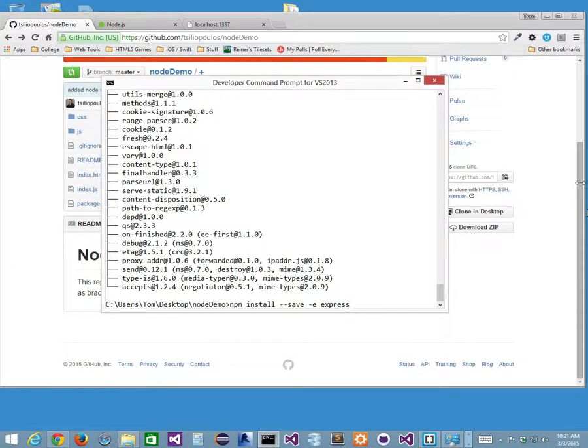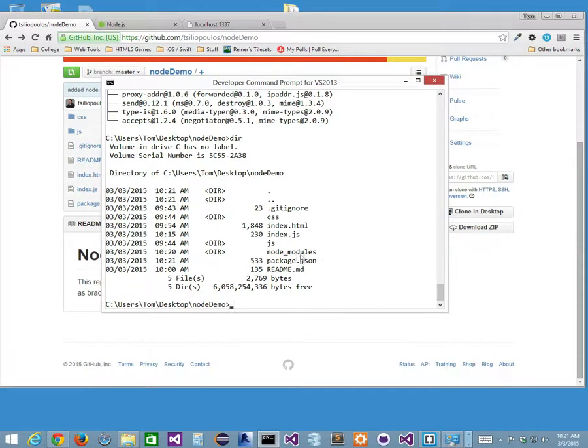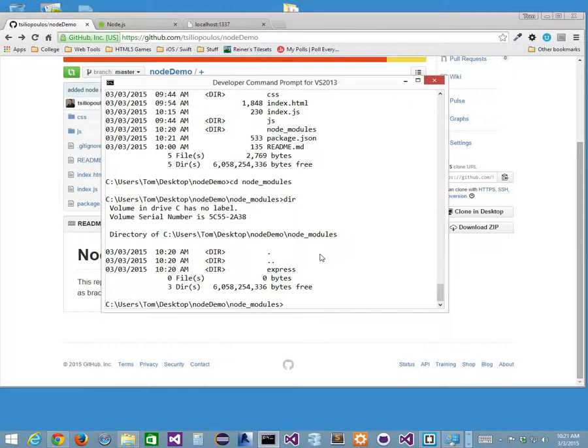And if you notice, I got all these piece parts. Look at all these modules. These are all dependency modules for Express. Now that I've done that, let's take a look at my directory structure. Look, I've got this node modules folder. If I go into there, node modules, and press directory in there, I've got Express. And if I go into there,